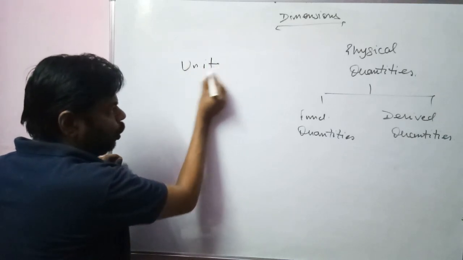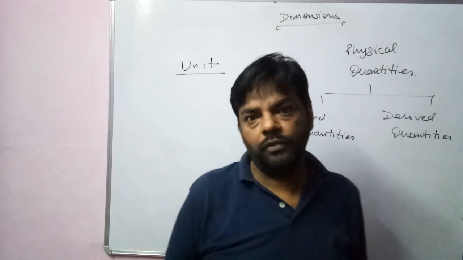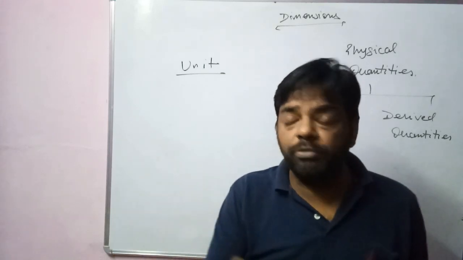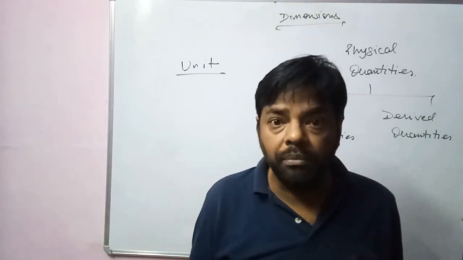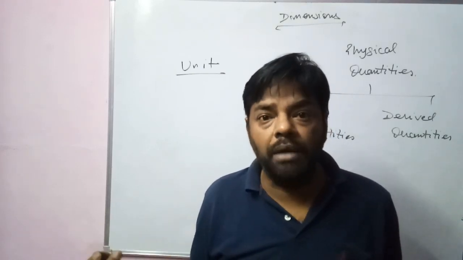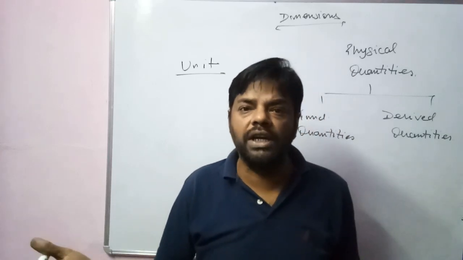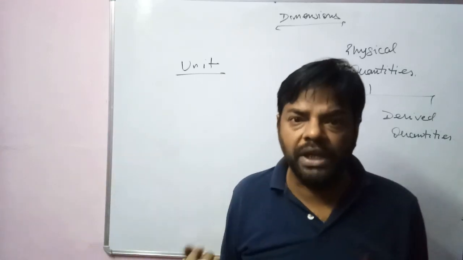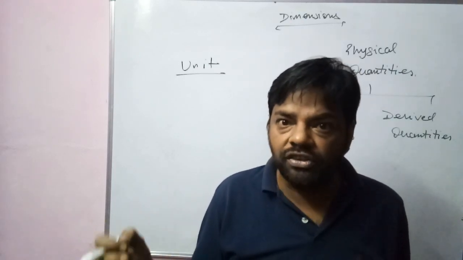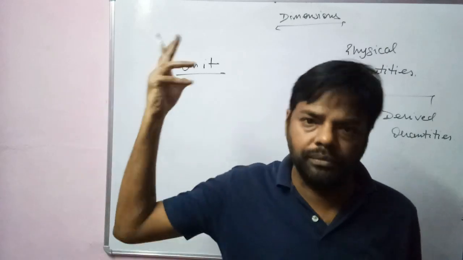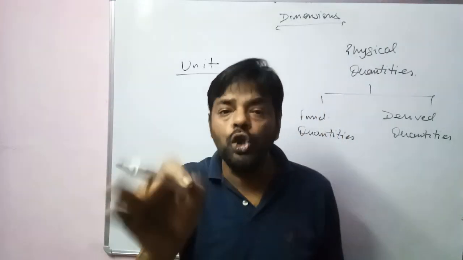Now, what do you understand by the unit first of all? What is unit? The unit of mass, you must be familiar with the statements. The unit of mass is kilogram, it can be gram, it can be milligram. The unit of length, similarly, it can be kilometer, meter, millimeter, centimeter. The unit of time are days, minutes, seconds, centuries, many more units. Okay? Now, what is a unit?